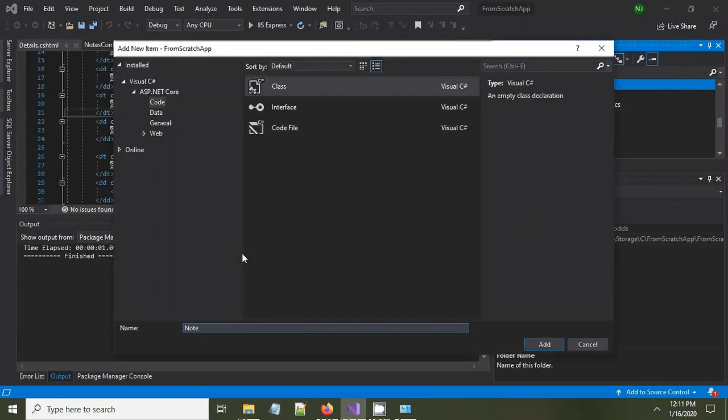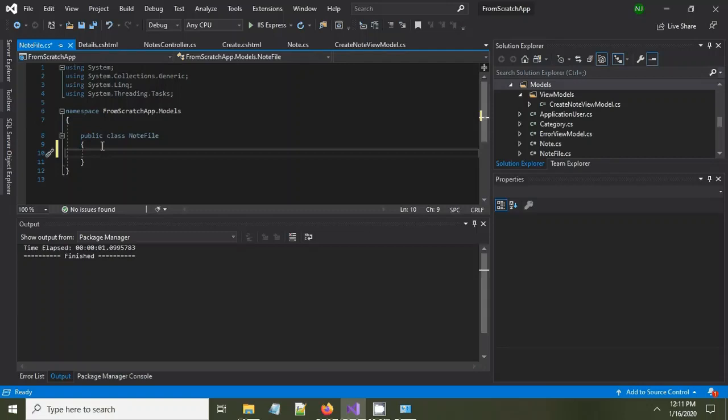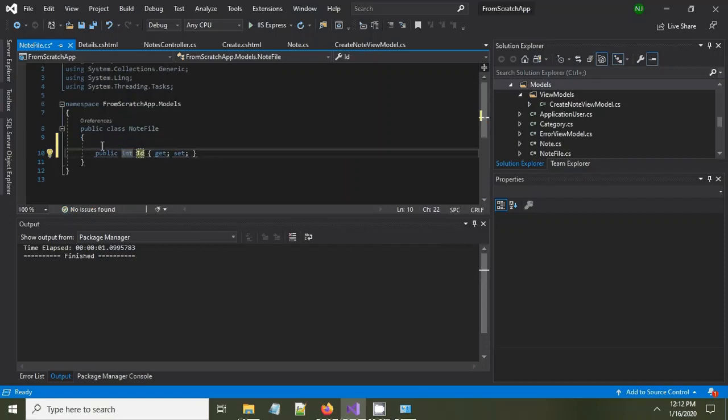Actually I'll call it note files. Note file. And press enter. In our new model, we will create an identity or primary key called ID, and for the next attribute, we'll create an attribute called file name